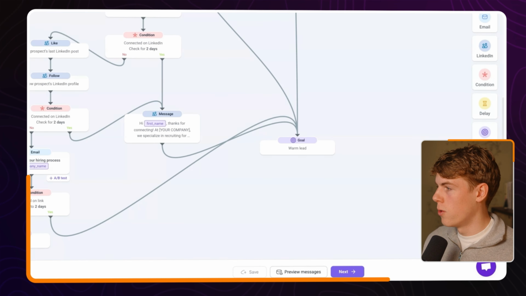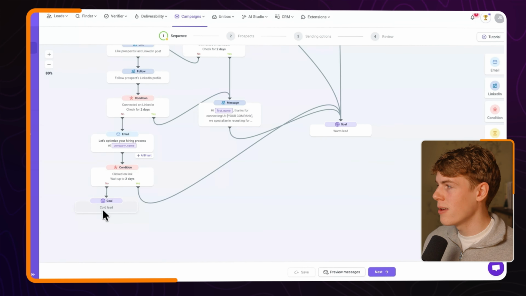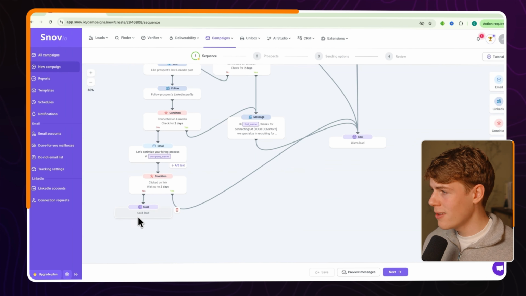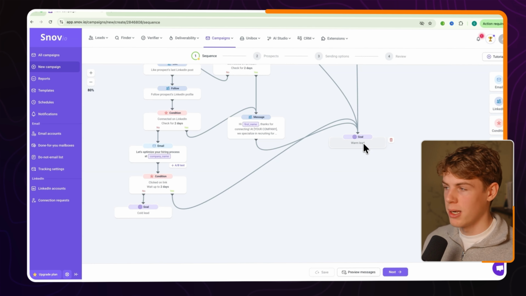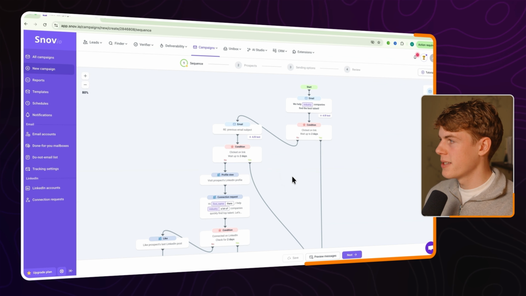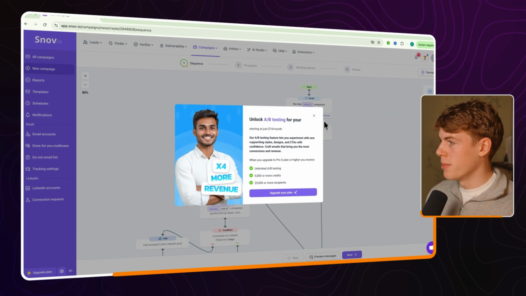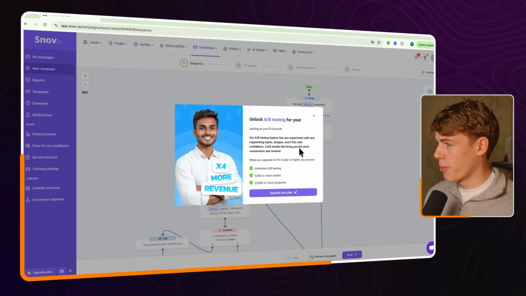And you can have a goal. So you usually find those at the end. So the goal here is cold lead, and the goal here is warm lead. So that's basically the end of your campaign. Now what you can also do is set up an A/B test. So right here, if I click plus A/B test, for this you do need to upgrade your plan, but that